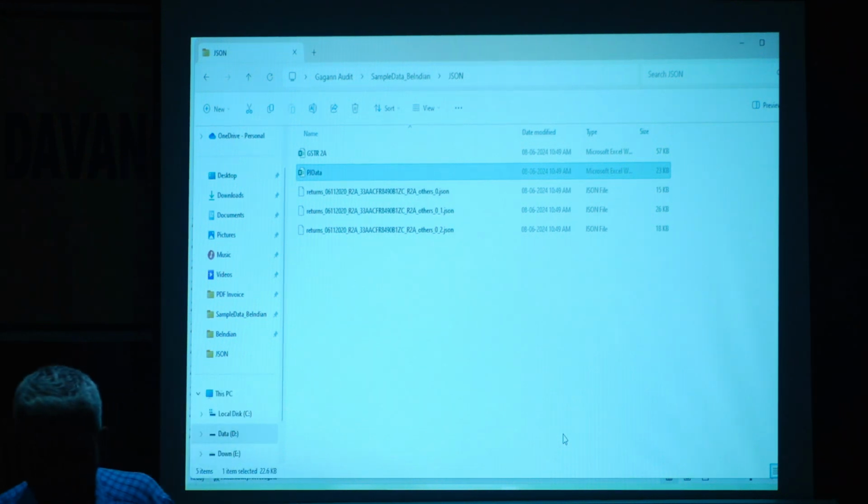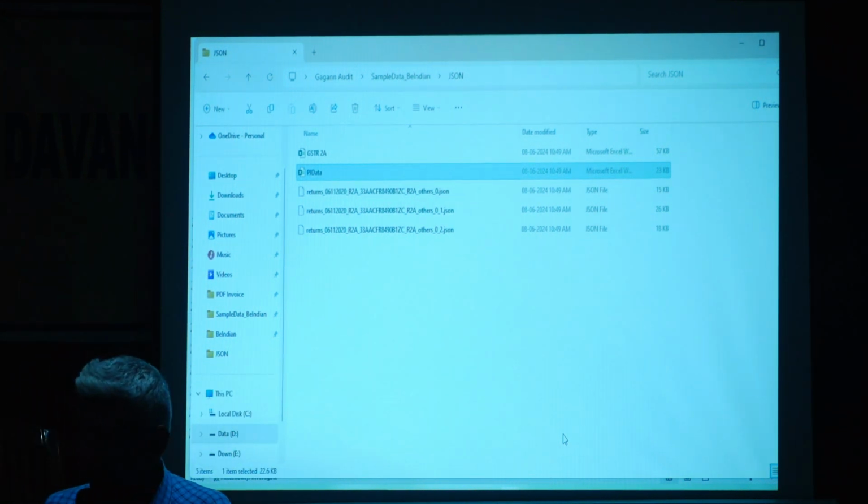So 3 months JSON, 3 months purchase journal data. Let us quickly do it one by one. So now this Power Query is coming from cars. They have copied the concept from cars only. Okay, so for example, if you know about the previous cars, I think sir may be knowing,